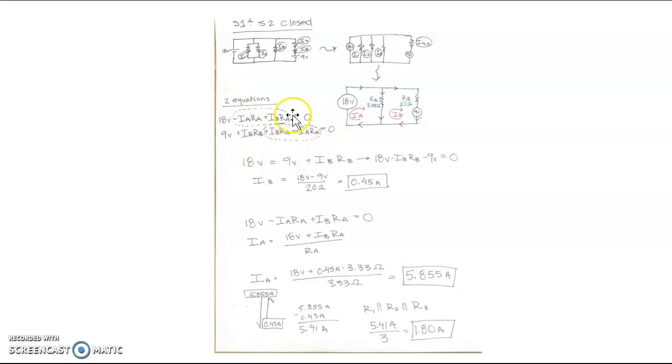And so I realized that these 2 are the exact same, so I could basically just cross them out and then have them equal each other. So 18 volts equals 9 volts plus IB RB. I rearranged it so that we'd get just 0 on one end, and then I rearranged it again to get IB by itself, which would give me the current going through this side. And when I plugged my numbers in, I got 0.45 amps